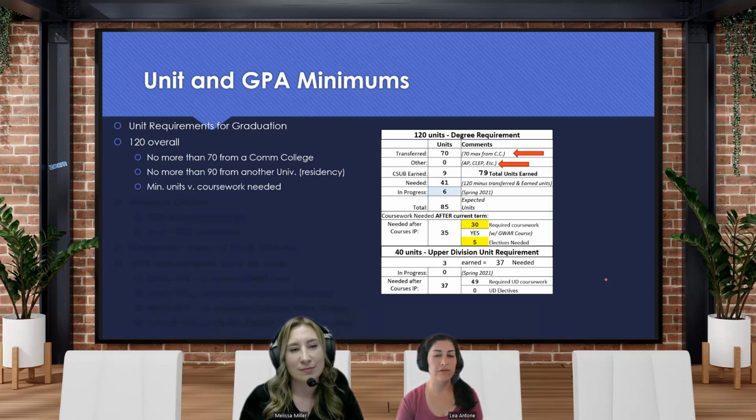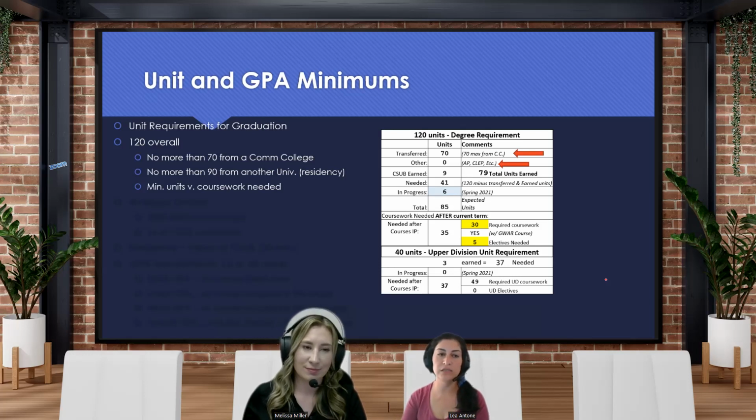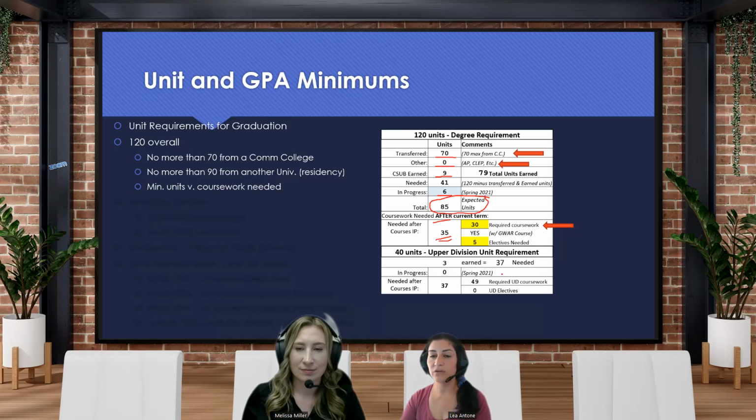We want to make sure that you will have enough for your residency requirements, which is coursework taken at CSUB. Once we've figured out how many you've transferred from other institutions, other AP, how many you've done here at CSUB, and how many you have in progress, we come up with a total number of expected units by the end of that term. If that term says that you need, for example, 35 units, and when we add up your classes, it only comes up with 30 units of required coursework, that means that you're going to need what we call